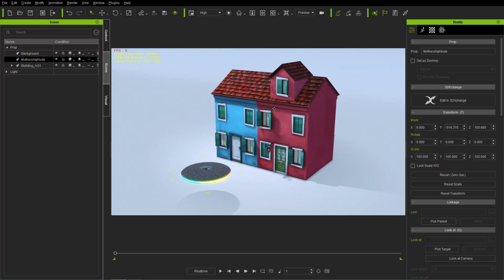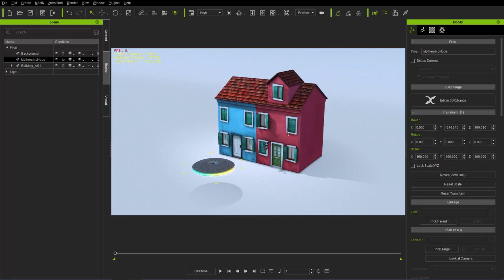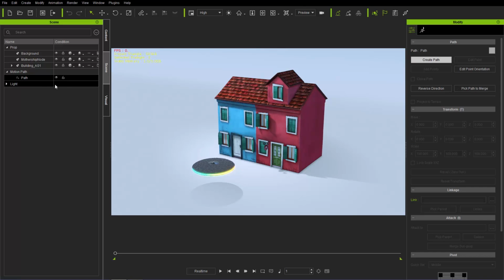The first thing we need to do is create a path for our UFO to go onto. So let's go up here to Create and Create Path. Pretty simple stuff. When you move your mouse along the viewport, you'll see a little indicator there. That's going to be the first point of our path. If we want, we can just click and add a point in our path,